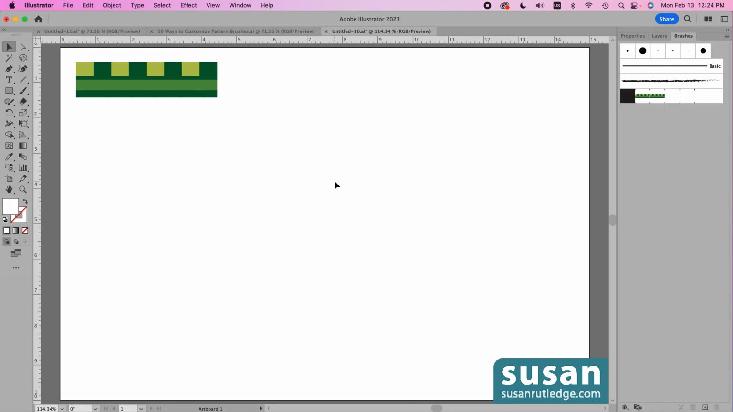And I'll move on to the 9th way to customize or make a change to your pattern brush, and that is to change the baseline of the pattern brush. So I'm going to get the ellipse tool, keyboard shortcut L, and click on the artboard to open the ellipse dialog box and type in 6 inches for the width, tab down and type in 6 inches for the height, and say OK. Let's pull this up in the center of the artboard,